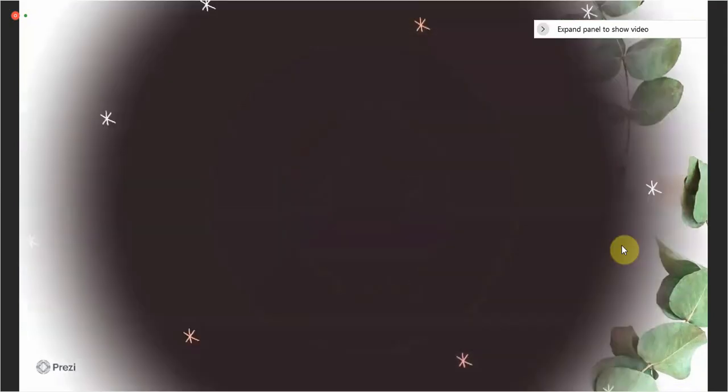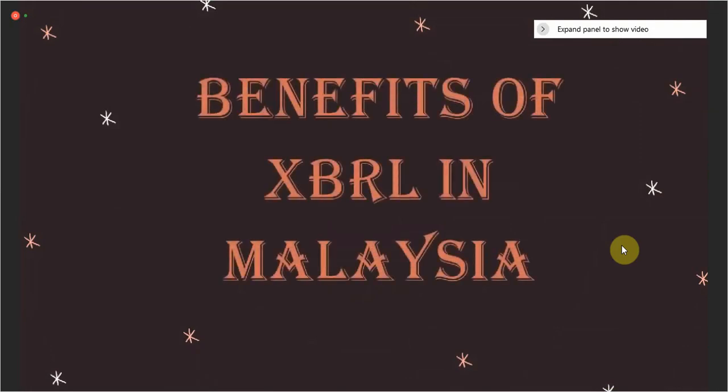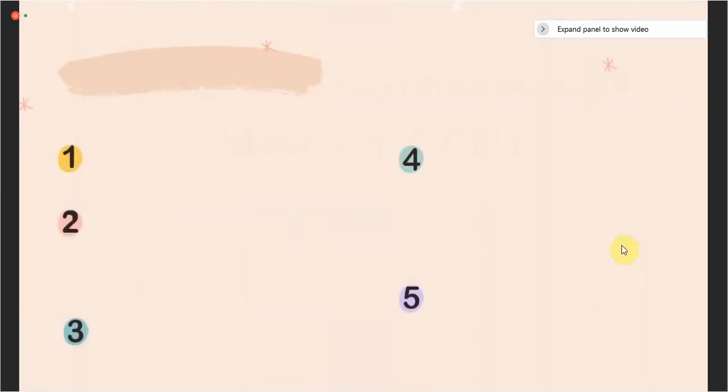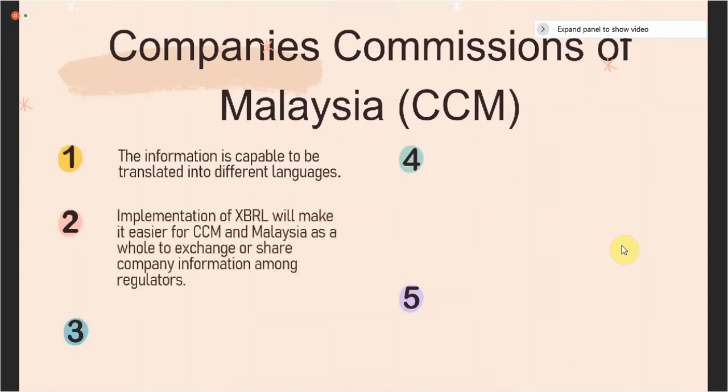Hi, for the last part, I will talk about the benefits of SBRL in Malaysia. For your information, the Companies Commission of Malaysia (CCM) has already implemented XBRL in financial reporting. Here are some benefits that CCM got by adopting XBRL. The first one is that the information is capable of being translated into different languages. Second, implementation of XBRL will make it easier for CCM and Malaysia as a whole to exchange or share company